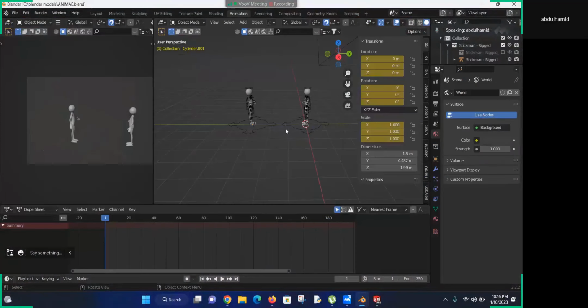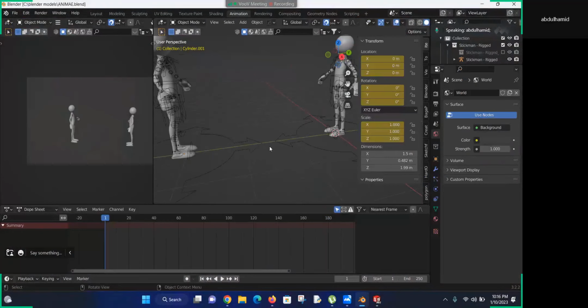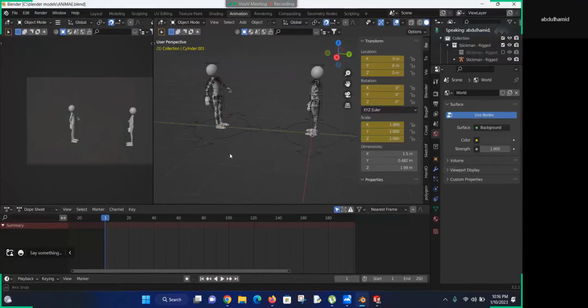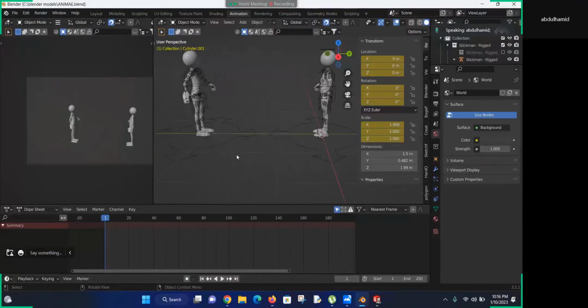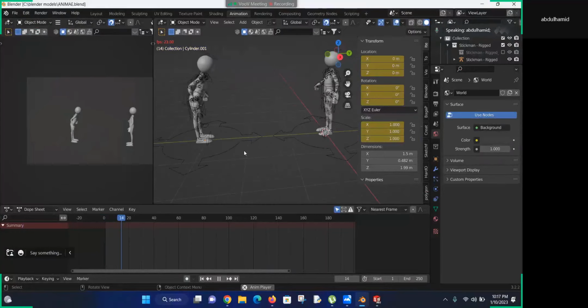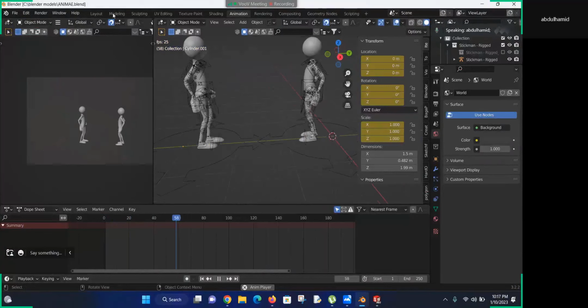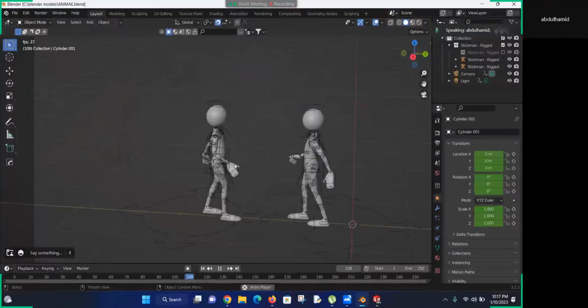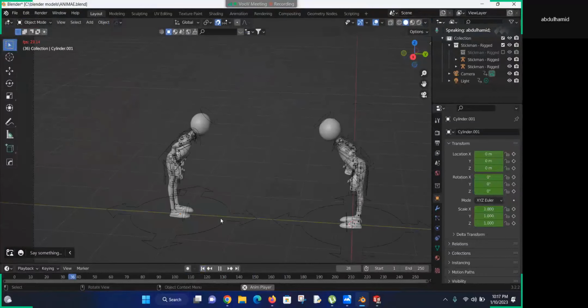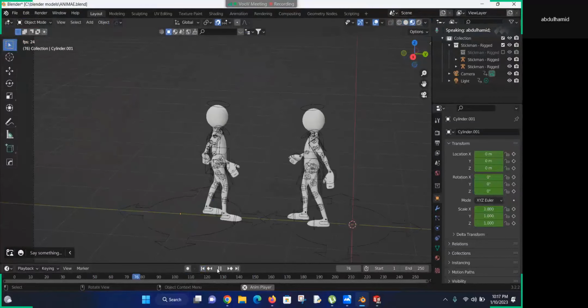For example, people who are interested in making cartoons, or people who do movie productions, can also use Blender for animation. This is just a simple animation to serve as an illustration, where you could do something much more interesting than this with Blender. This is just to show you